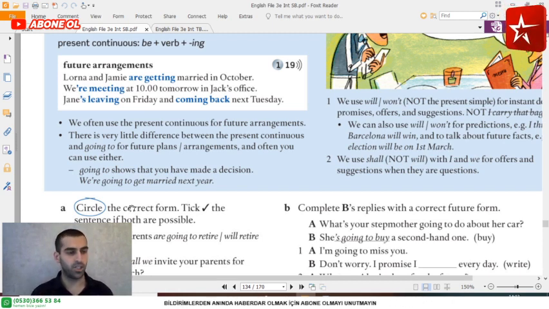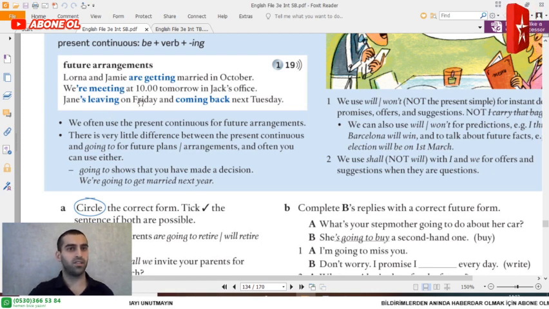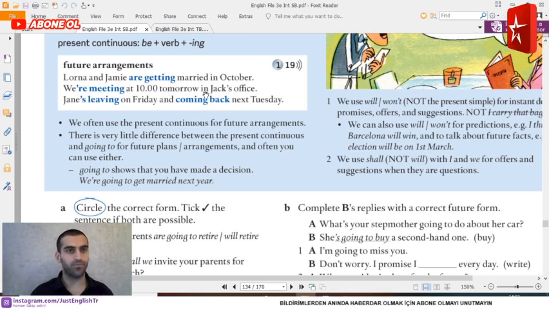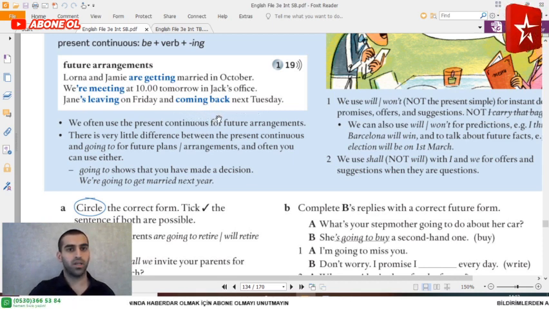Lorna and Jamie are getting married in October. We are meeting at 10 tomorrow in Jack's office. Or the last one, Jane is leaving on Friday and coming back next Tuesday. As you see,